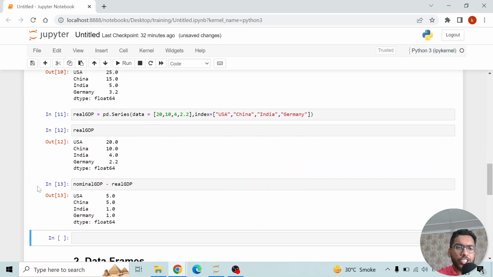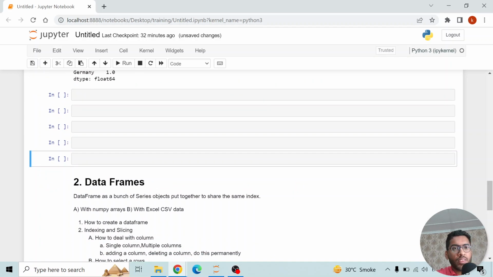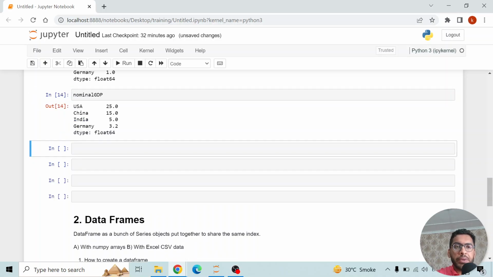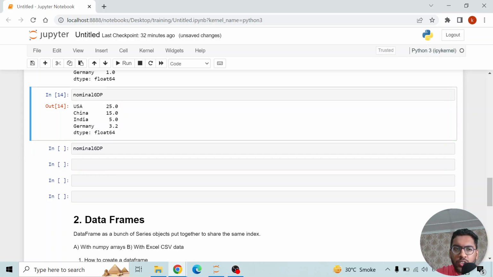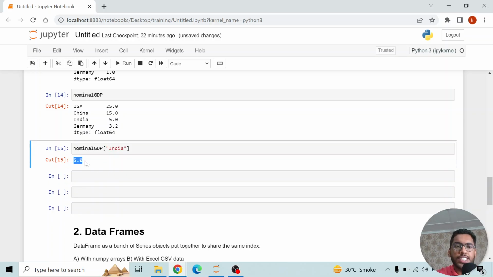Let's cover one more feature within this series. So the nominal GDP is this. I can apply the indexation over here as well. What is the row heading? These are the row headings. So I will pass on, let's say, India. I get the answer for India, that is $5 trillion. Super sorted. That is how you can do the indexing